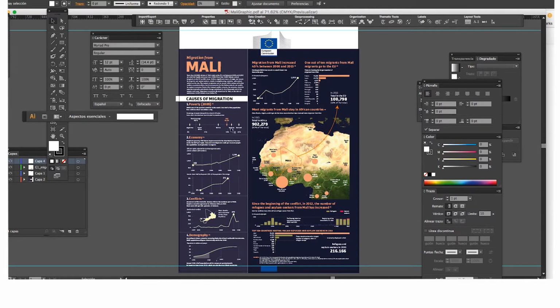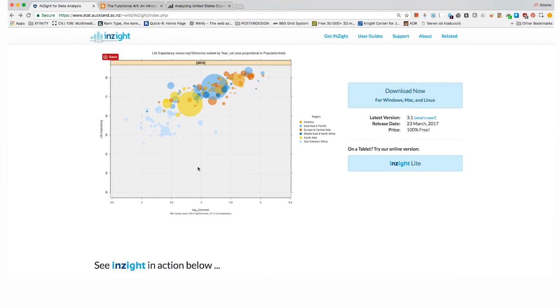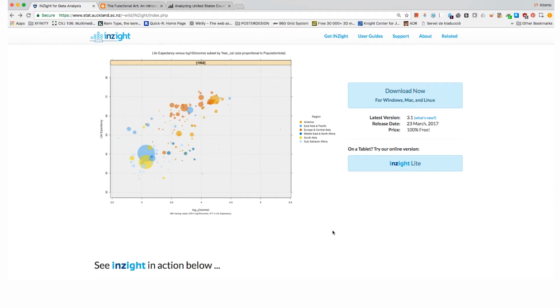So some of these charts can certainly be generated directly in Adobe Illustrator, but sometimes, particularly when you have to deal with charts that are a little bit more complex, like scatter plots, it may be difficult to do them directly in Adobe Illustrator, in which case it's much better to create them in a tool like Insight. But as I said before, Insight is also useful for data exploration, for discovering things that hide inside your data. So this series of videos is going to deal mostly with different techniques that you can use to explore your data.